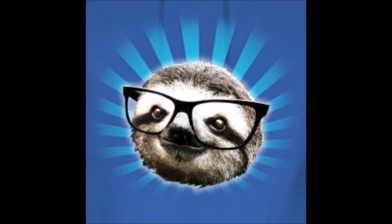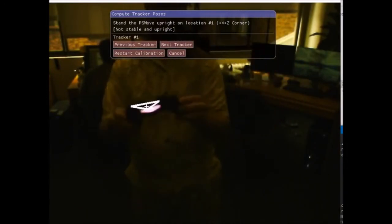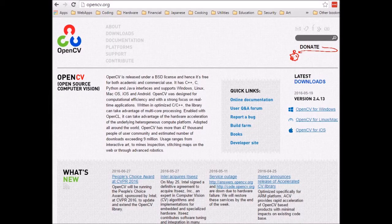With the sensor calibration figured out, the next step was to get an optical pose. Now, I already alluded to the optical pose a little bit when I was doing the gyroscope calibration, so this work was going on in parallel, but it makes sense to talk about after the sensor stuff. So the first piece of it is to figure out how we can get an orientation off of that light bar, DS4. So my first thought was like, well, OpenCV, the computer vision library we use for a bunch of other stuff in PSMoveService,